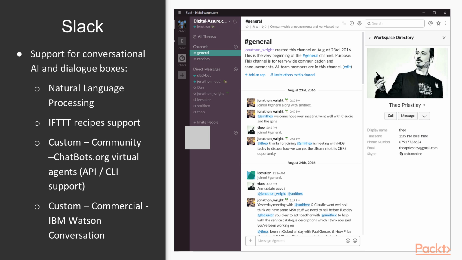So actually chatbots.org has a whole stack of virtual agents that you can use, which have a whole stack of APIs to give you more capabilities. You can also, if you really wanted to, use commercial applications like IBM Watson Conversation, which you could embed into here. For the example you're seeing on the right hand side, this is a product called VIP,